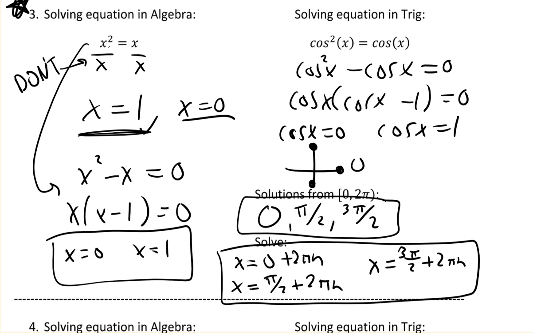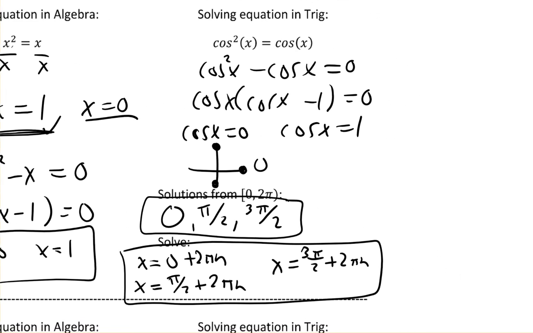Now, if you wanted to condense your answers here, you could do it a little bit, but these aren't all equally spaced out. These are spaced out by pi over 2, but then those are spaced out by pi, and then pi over 2. So you couldn't condense this into one statement, but you could say that one of them is 0 plus 2 pi n. That would get me this guy. And then you could condense these two into one. You could say one of them's at pi,